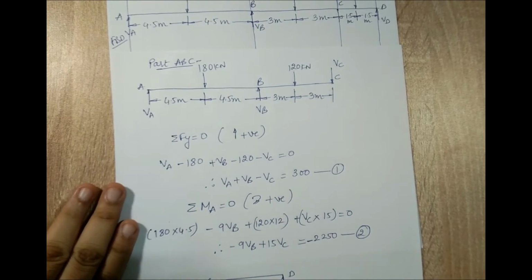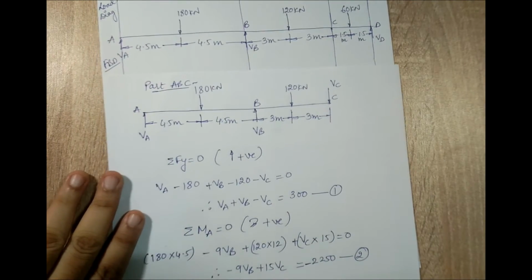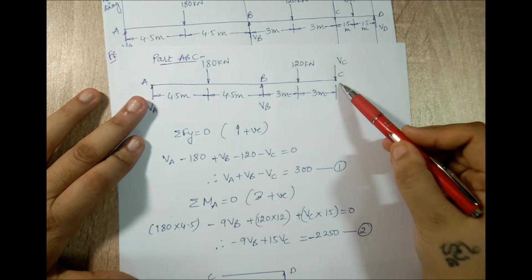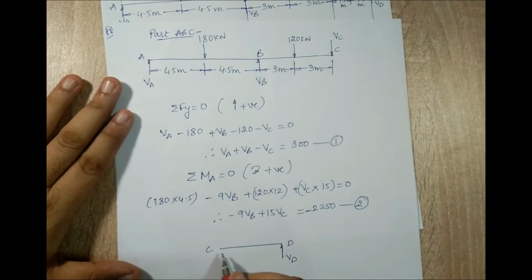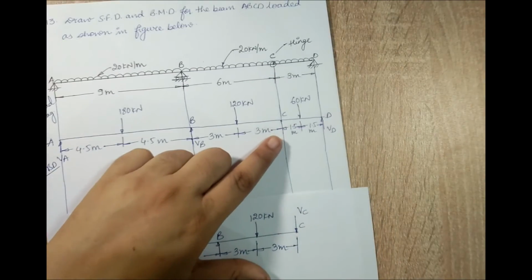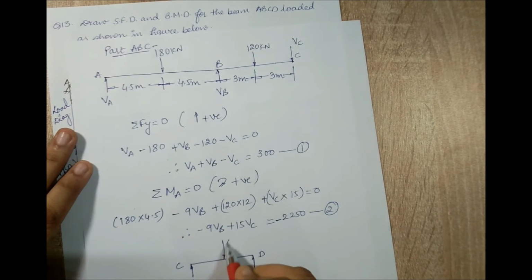At point D, I have a reaction VD, and at point C, now obviously I have to have a reaction. If you see the first part A to C, there was a reaction in the downward direction. So here I have to show a reaction in the upward direction. So here I'll mark VC again. And now from the diagram over here, where I got 60 kilonewton and the distance was 1.5, 1.5, I'll redraw the same thing here.